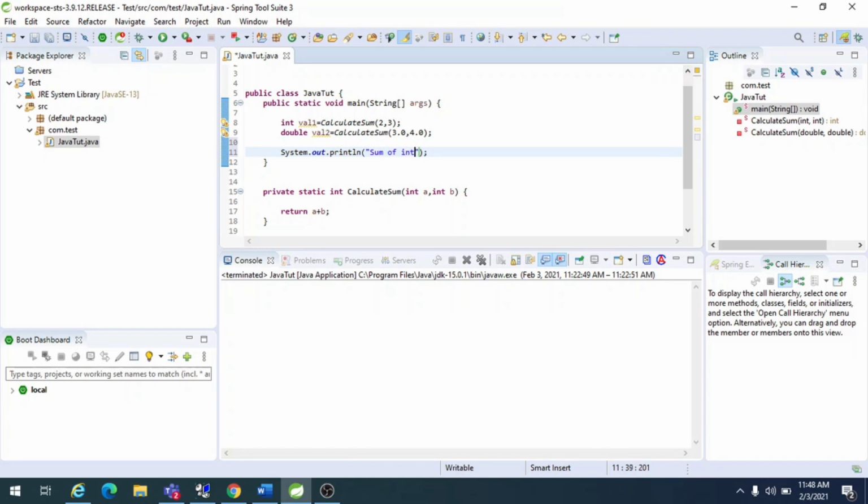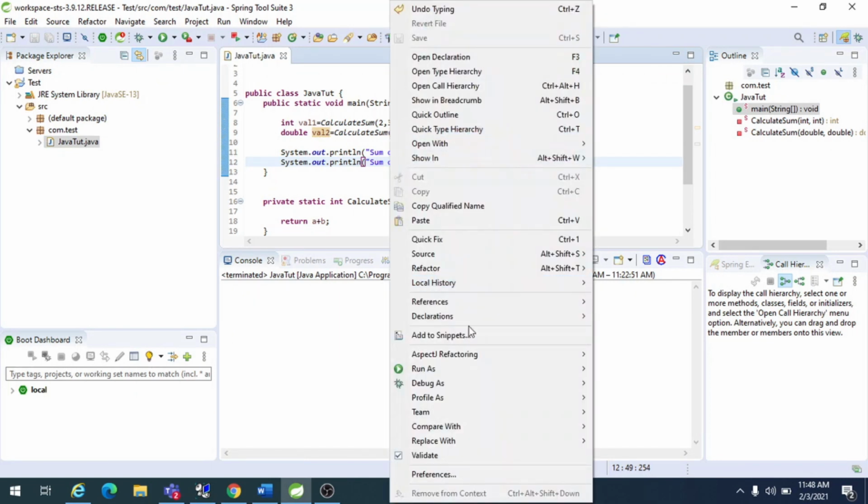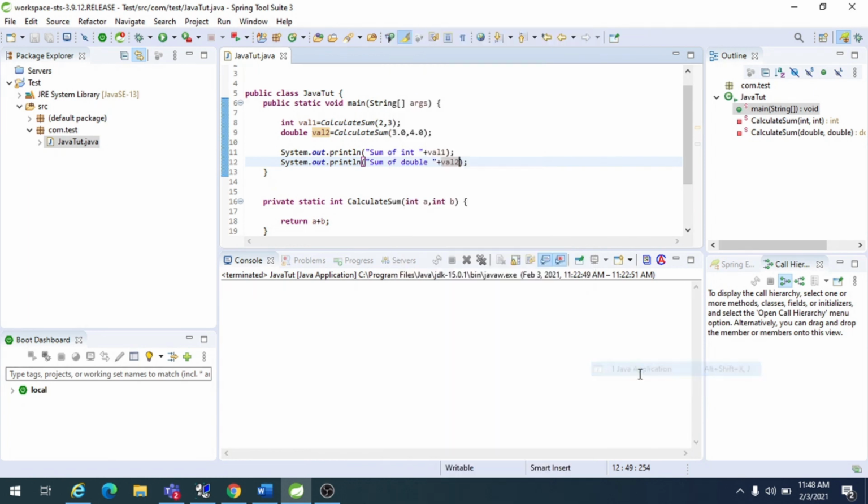Then print sum of integers L1 and sum of double values L2. If I run it, we get 5 and 7. So this is an example of overloading. Overloading means the same method name but different parameters and return type.